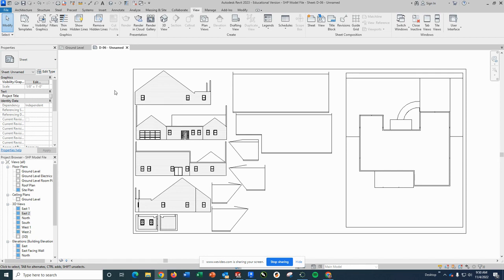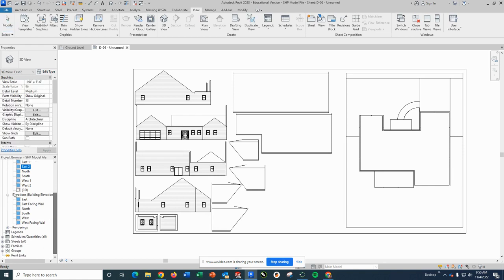You're going to want to, number one, double check that you've got everything. If you didn't notice already when I'm sitting on this sheet, a lot of the things will highlight in blue, showing that they are on the page. So looking at all of your elevations should be there. Your 3D views, except for the one that was the regular 3D view, should all be there, and your site plan should be there. So once all this is done, not only will I save my project, but I will also come up